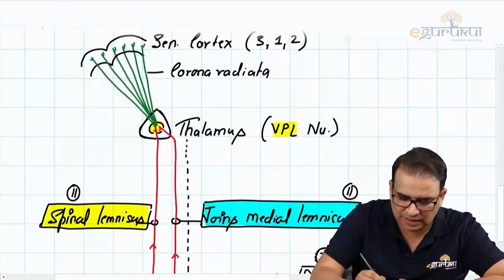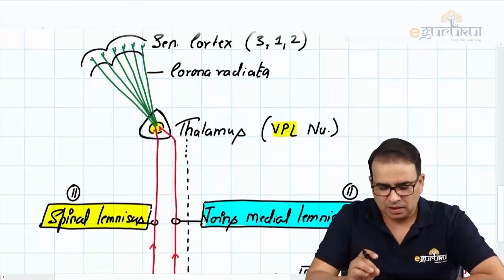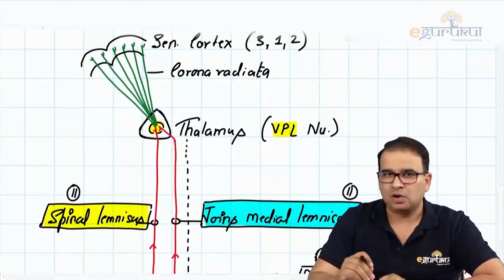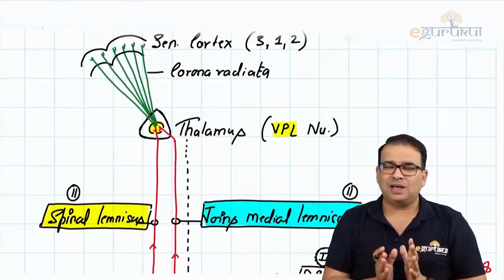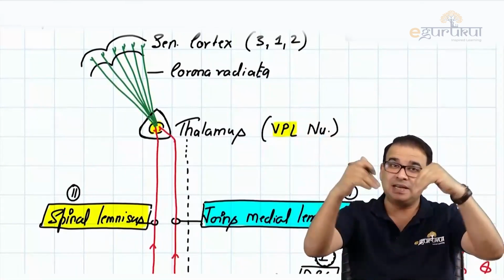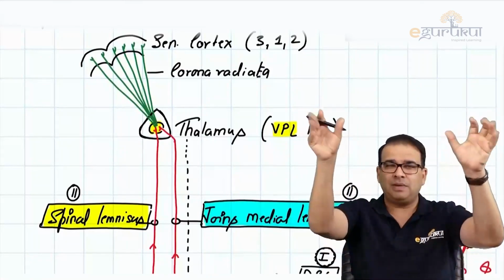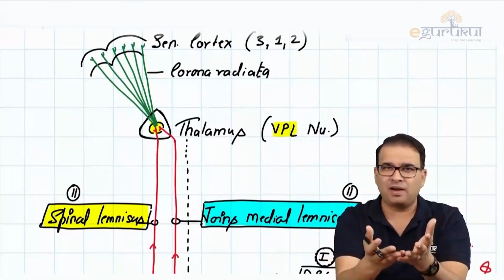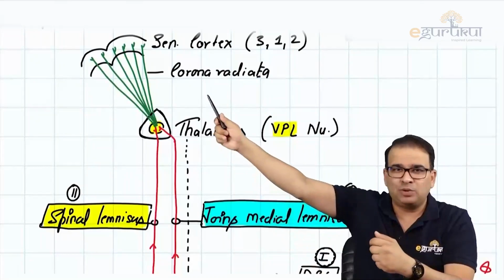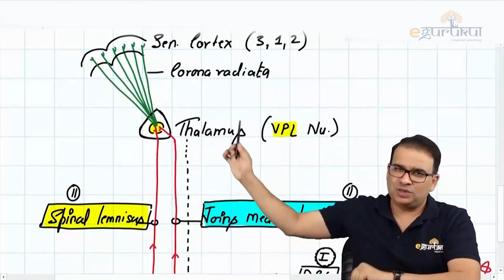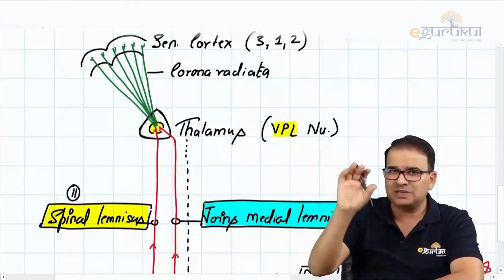But the problem with the word corona radiata is that it is a very vague term. It's a very huge term. Corona radiata means all the ascending fibers and even descending fibers also. Whatever fibers you see going into the cerebrum and coming from the cerebrum, they all form the corona radiata. So this is not only about the sensory. We are discussing a sensory tract, an ascending tract. So yes, we can say corona radiata, but more precisely,